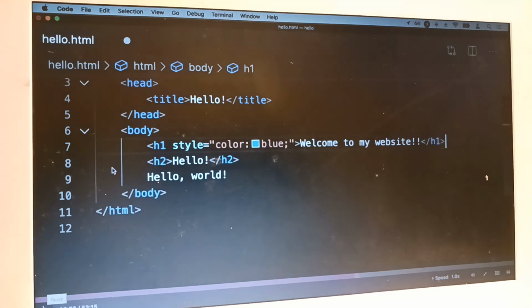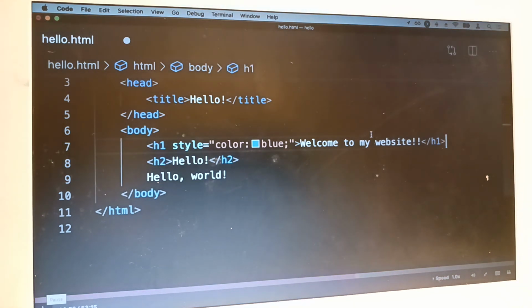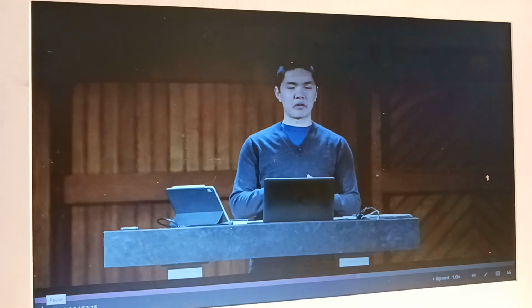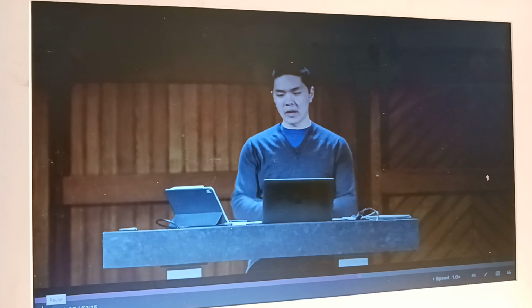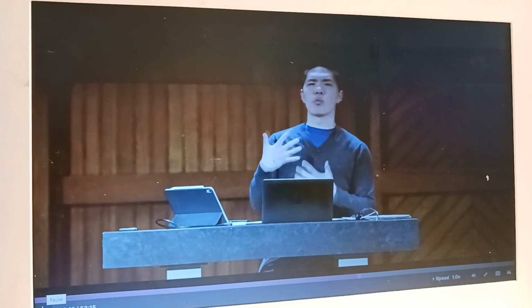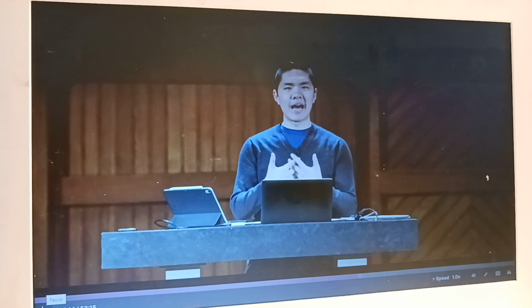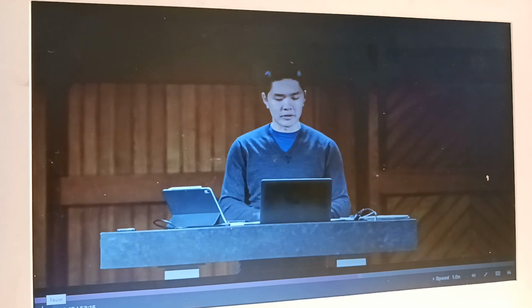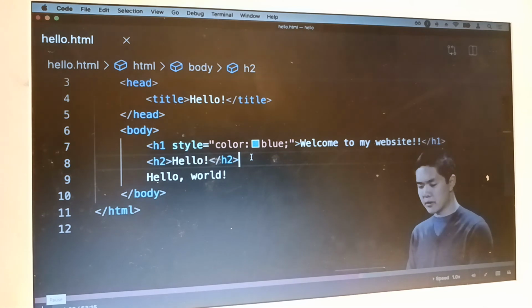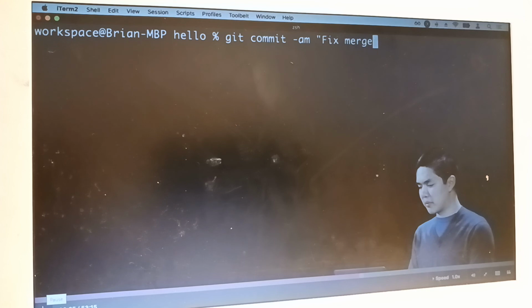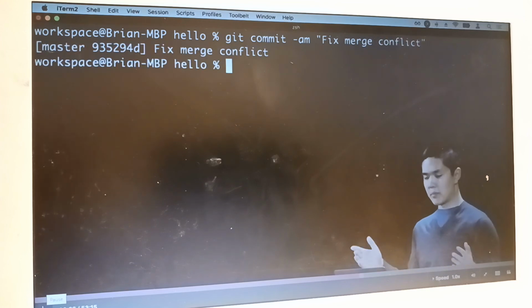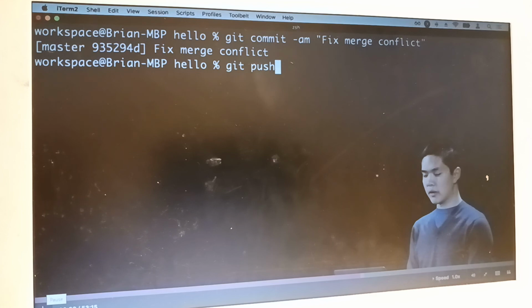I basically modify the file until I'm satisfied with it, until I think that, all right, this is the way I wanted to resolve the conflict. One person added color, one person added punctuation. The way to resolve it in this case is just to use both of them. But here's where some human intuition comes in. The human programmer does need to look at this file and figure out how exactly we want to resolve this conflict, how to take these different changes and merge them all together. But once we're satisfied with it, we can go ahead and commit the results. I can say git commit -am fix merge conflict, and all right, we fixed the merge conflict. And now, if I push those results back up to GitHub,